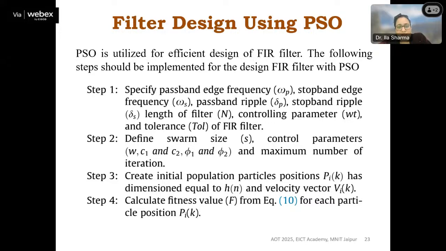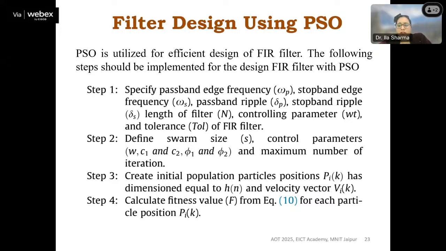So here the passband frequency, stopband frequency, ripples, filter order, then the controlling parameter and the tolerance value of the filter are all specified. As for our optimization using this PSO, we need to set the control parameters W, C1 and C2, then phi1 and phi2, and then we have to specify the maximum number of iterations, because either the stopping criterion should be met or the function should run till the maximum number of iterations.